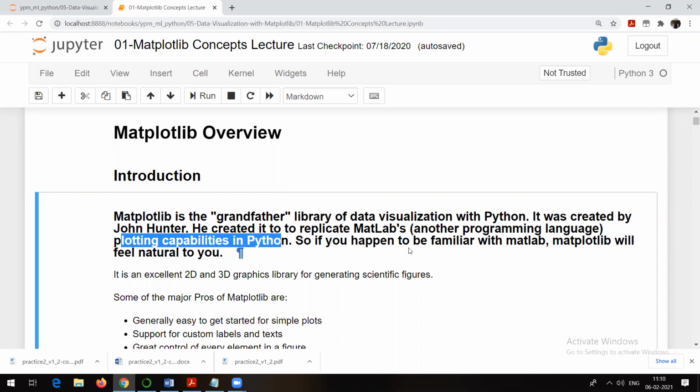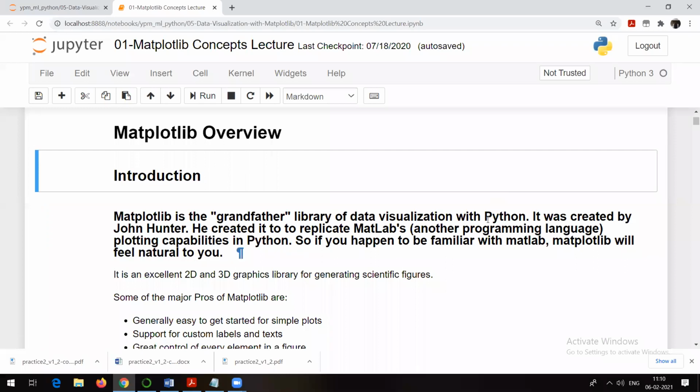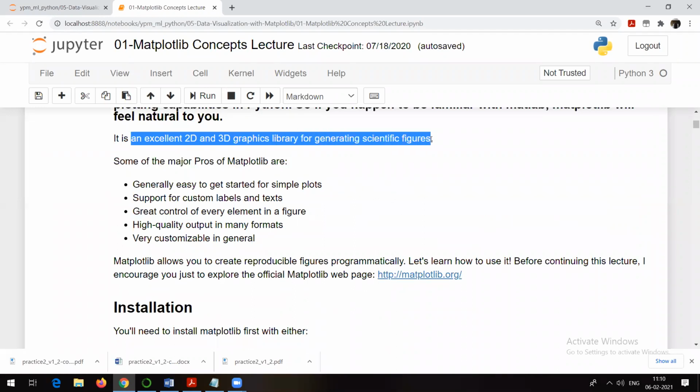So if you happen to be familiar with MATLAB, Matplotlib will feel natural to you. Even if you are not aware of MATLAB, no problem. It's an excellent 2D and 3D graphics library for generating scientific figures. For example, if you want to see the distribution of data, you can make use of the Matplotlib package.